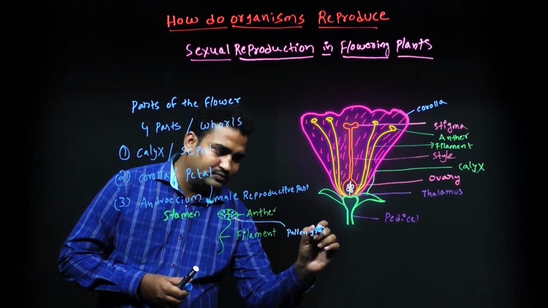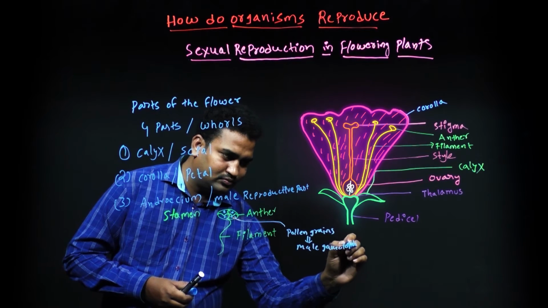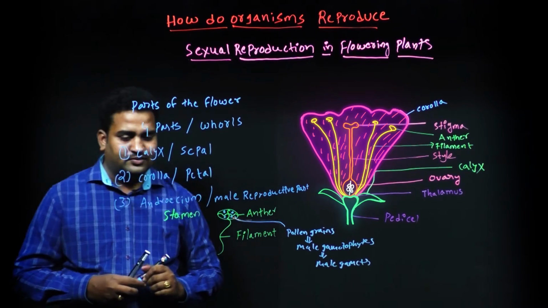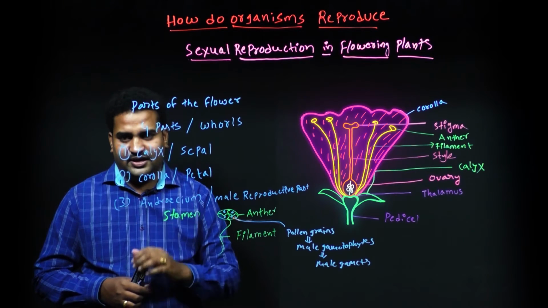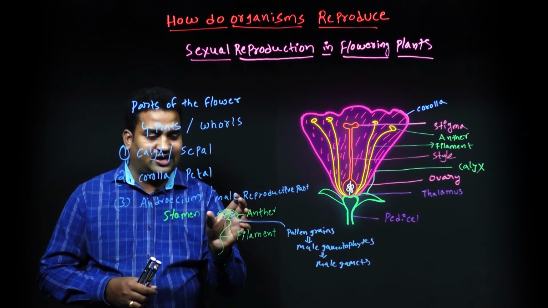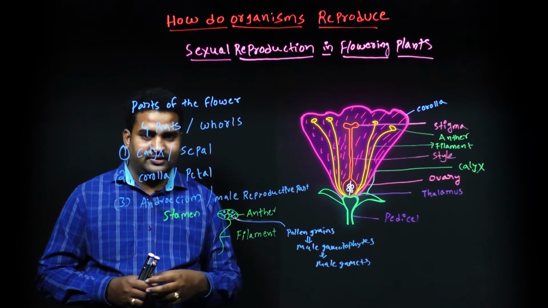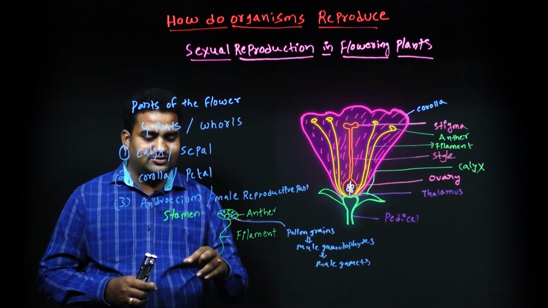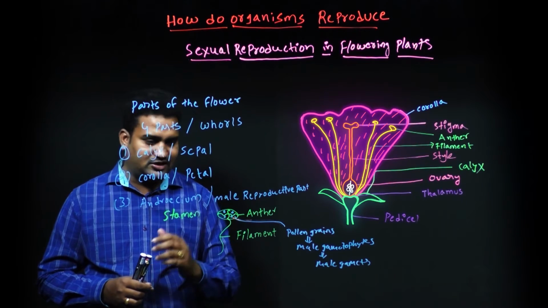These are the male gametophytes. They produce the male gametes. When you look at the male parts of the flower, these are known as androecium. The single unit is called stamen. Stamen contains two parts. One is anther, which is the upper swollen part, and another one is the filament. This filament is the long slender part which is attached to the base of the flower. Sometimes it can be attached to petals also.